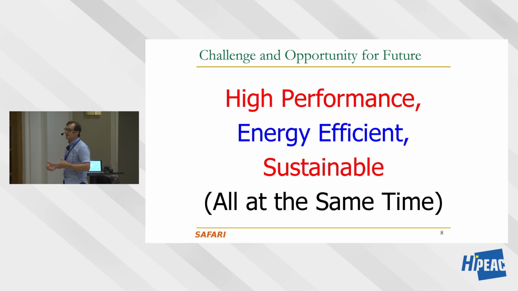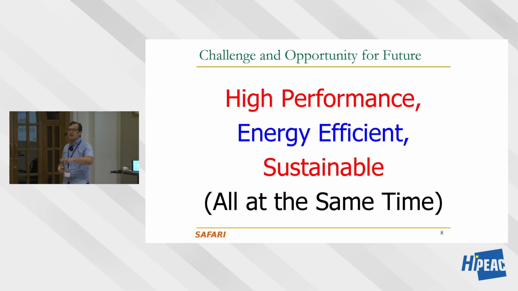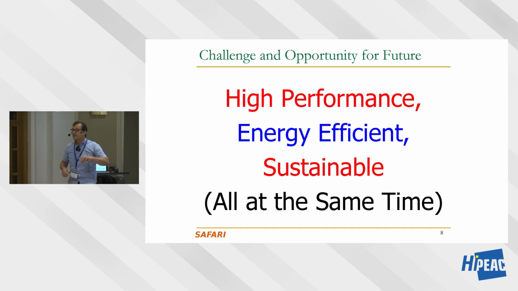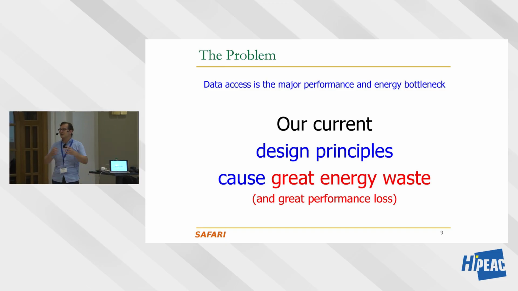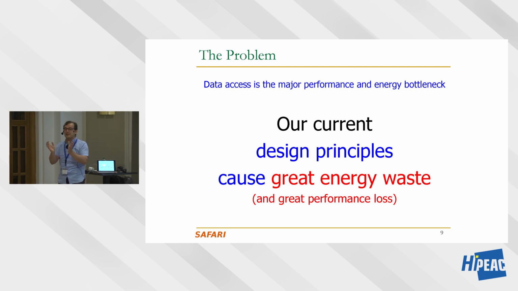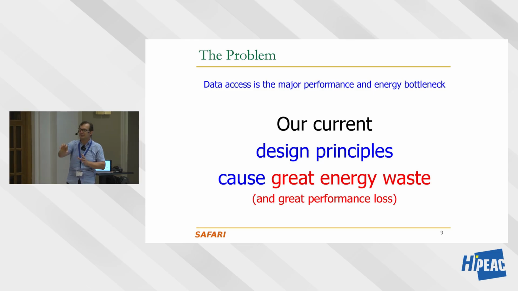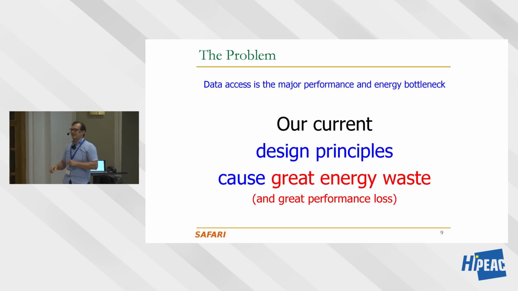So the question is, if this is the case, and I believe this is much more the case today than 20 years ago, are we designing the right systems going into the future? Are we making the right basic decisions in our systems? And I think you guessed my answer. Essentially, because of the way we're treating the data access, we're really causing great energy waste. We're moving data all across the system, at the micro scale, from storage to memory controller to caches, caches to register files, register file to compute units, and then back. So that's caused a lot of energy waste. This caused a lot of performance loss also, because there's a huge latency associated with it.